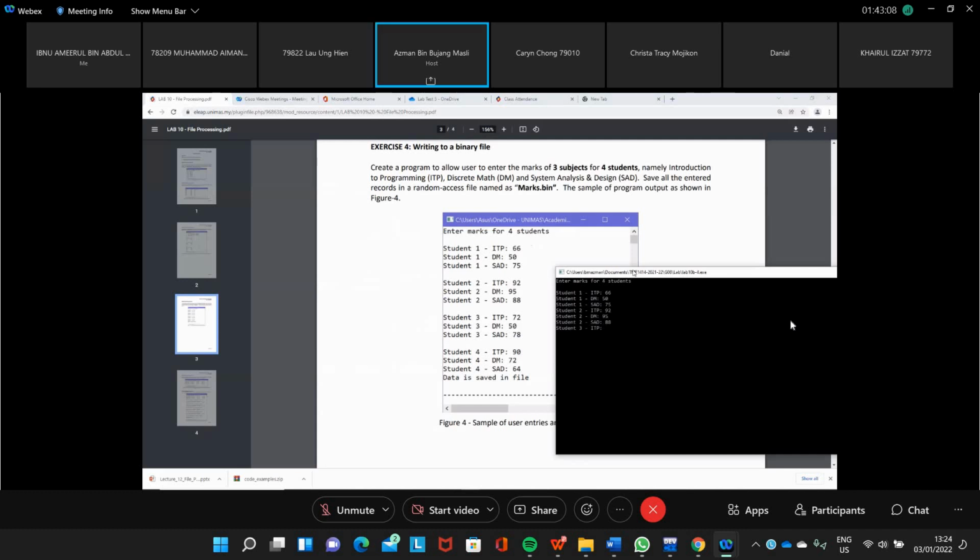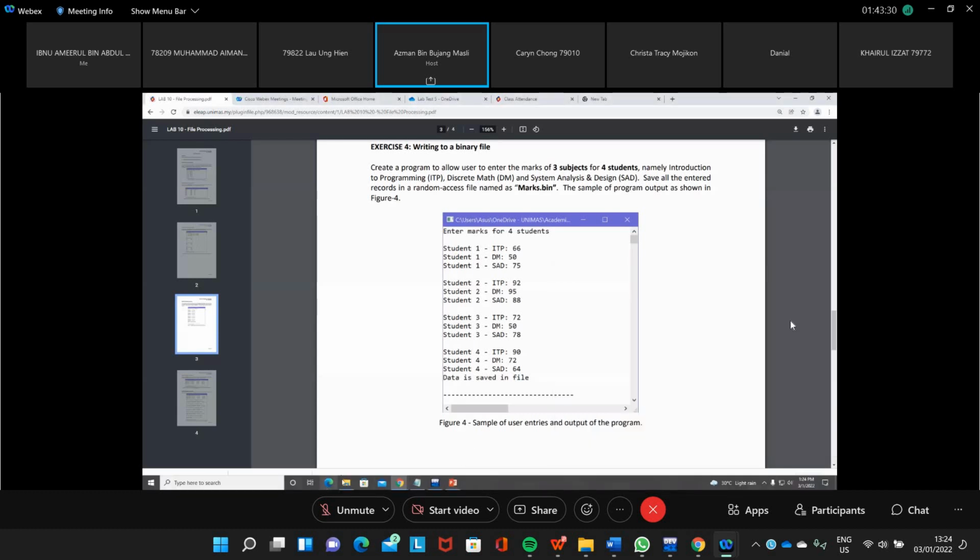Student 3 is 72, 50, and 78, and then this one is 90, 72, and 64. Data is saved in file. You can put that printf at the end to say that the data has been saved.